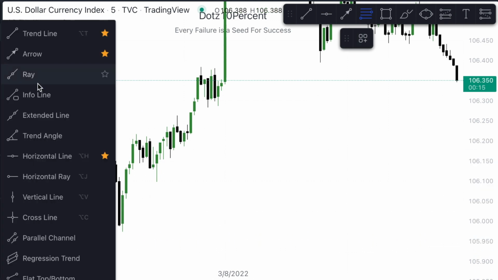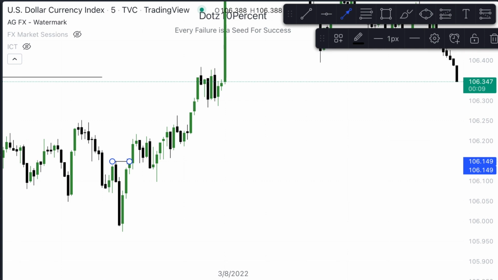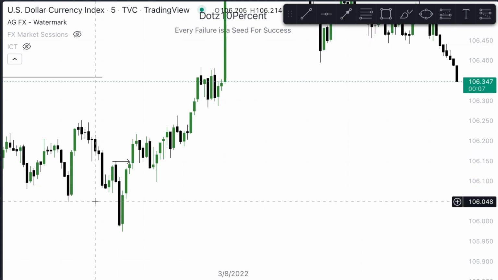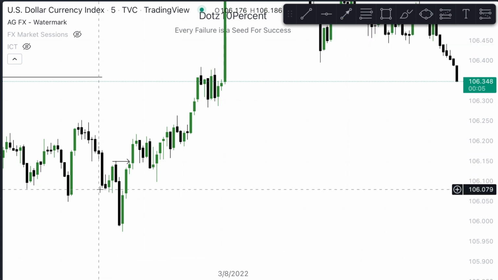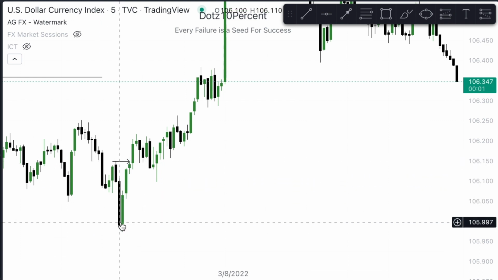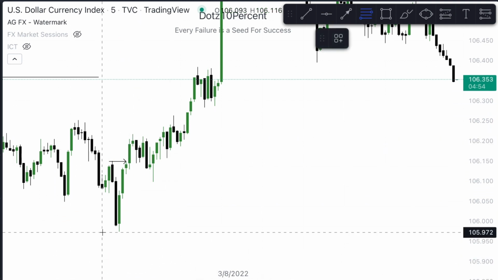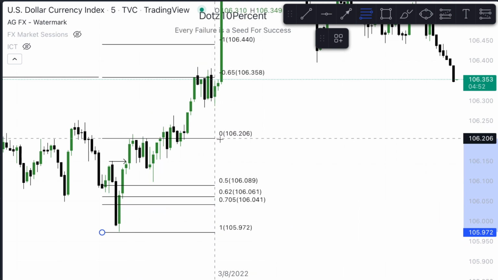Hope you guys can identify it for our market. We have a market structure shift here. You guys see why? We made a lower low, lower high, and then another lower low, and then we go into a higher high. So now, if I mark it from there,